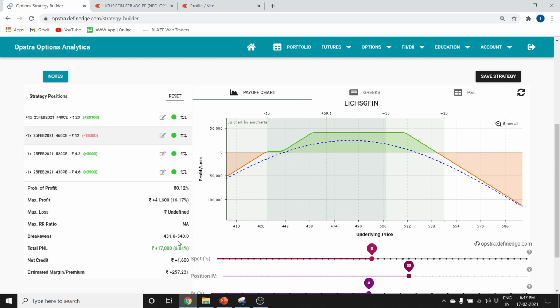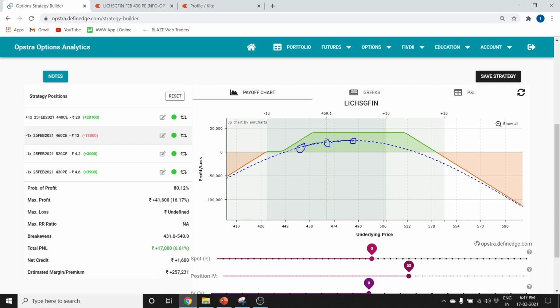And the second thing, you have to keep tabs on mark to market, whether it is reducing or not. To know that, you have to observe this blue line. This blue line shows what the mark to market will be at different levels. Say we are currently at 470, so this is our mark to market. If price moves up, our mark to market moves this way. If price comes down, our mark to market will come down.